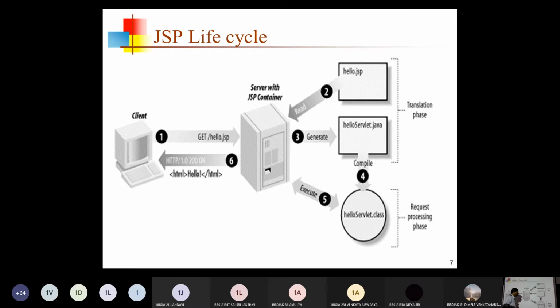So in phase 5, what will be done with this .class file? It will execute and send the information required for the client back from the server, sir. That is the sixth phase. In the fifth phase, execution of the .class file happens. Once the servlet is executed, request processing is done, indicating that the response is generated. That response is sent back to the client in the sixth phase. So like this, totally how many phases are there in the JSP lifecycle?